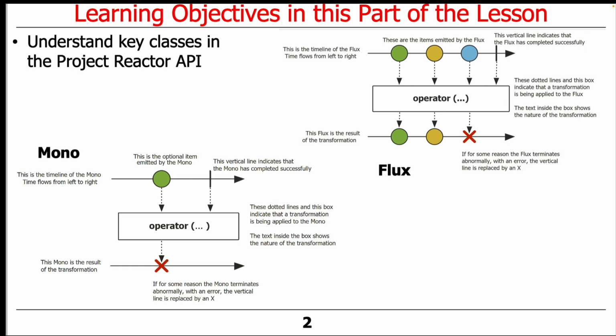And we're going to focus on monos and fluxes, and then a variant of a flux called a parallel flux, very briefly. Now, your upcoming programming assignments are going to start using these features, and what's interesting about this is you're also going to get a chance to see how monos and fluxes are baked into the features that you get with another variant of Spring called WebFlux. So understanding these reactive types will be very important for the bigger focus of our class, which is on developing